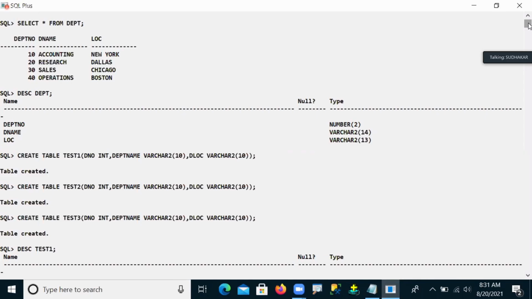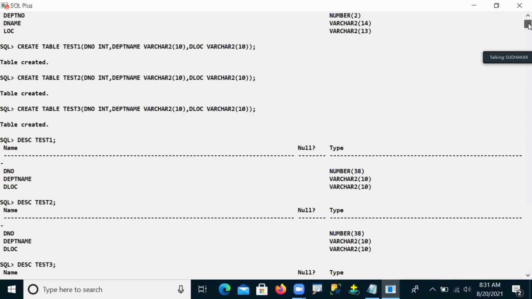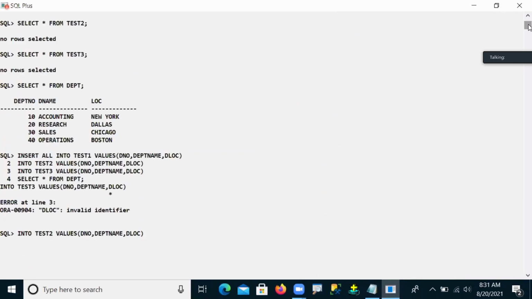D location is not identified. Huh? So what is the column name here? Location. Invalid identifier means it is not having that column. Our column names are the same now for your tables.